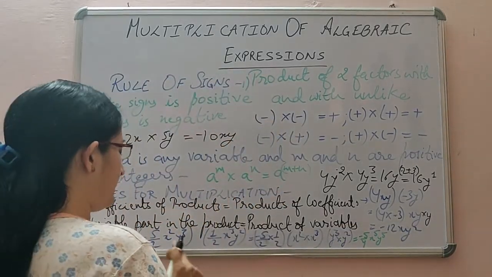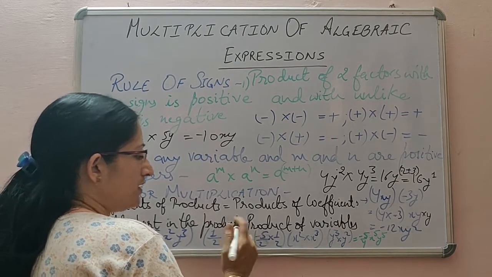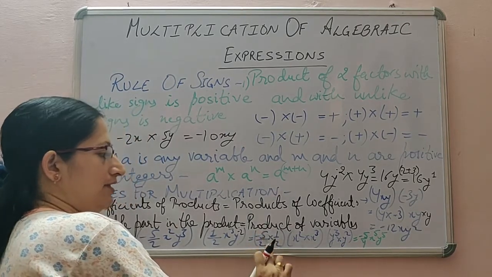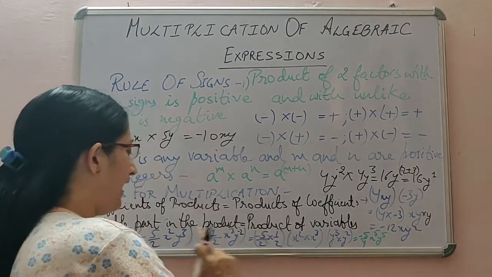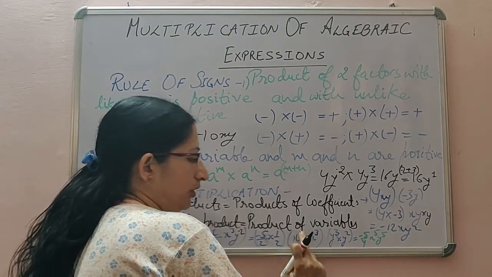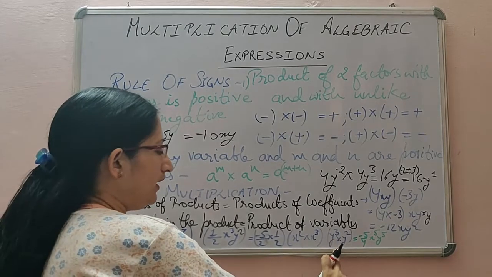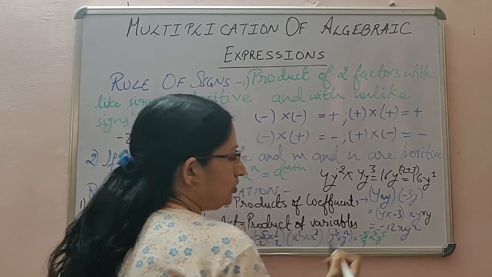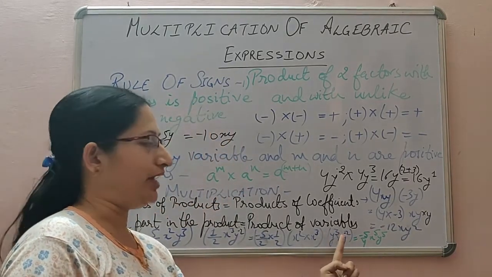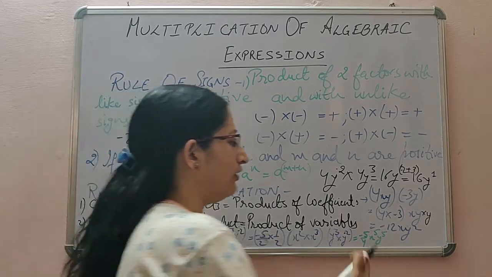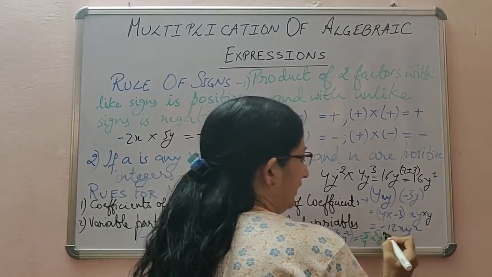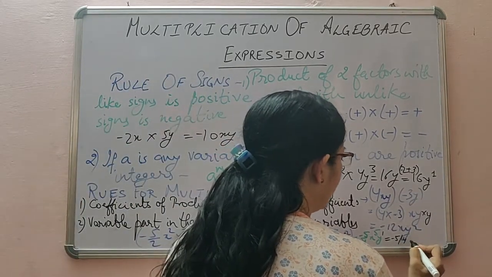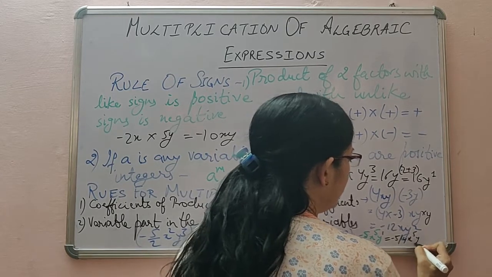Suppose here the y power was minus 2. In that case, what will be the change? Let's see. It will be again the same, minus 5 by 2 into 1 by 2, and the variable x will be the same, x to the power 2 into x to the power 3. Here it will be y to the power 3 into y to the power minus 2. So here there will be a subtraction. It will become y to the power 3 minus 2, that is 1, and generally we don't mention 1. So we can write it as minus 5 by 4 x to the power 5 y.